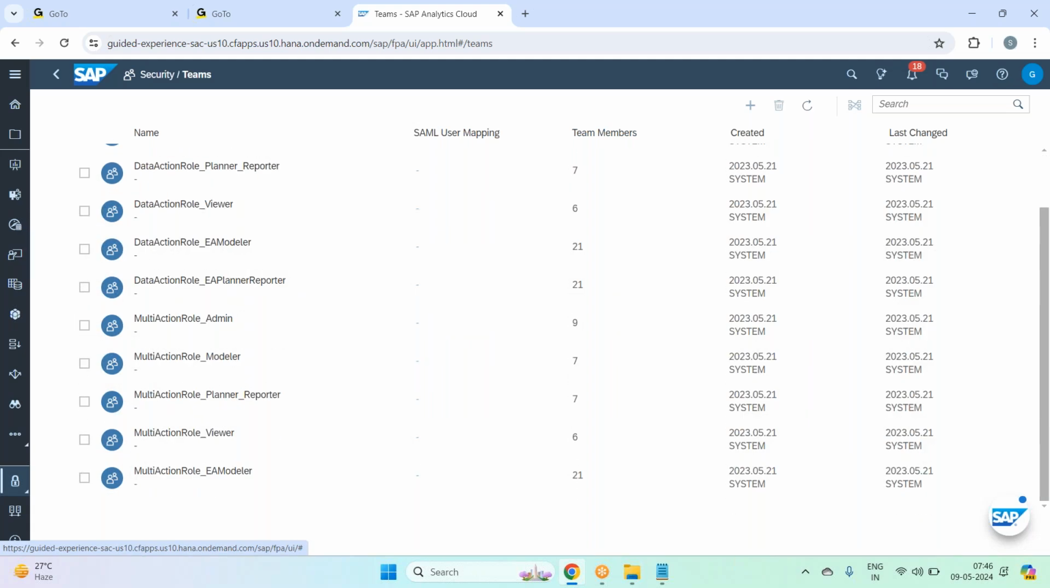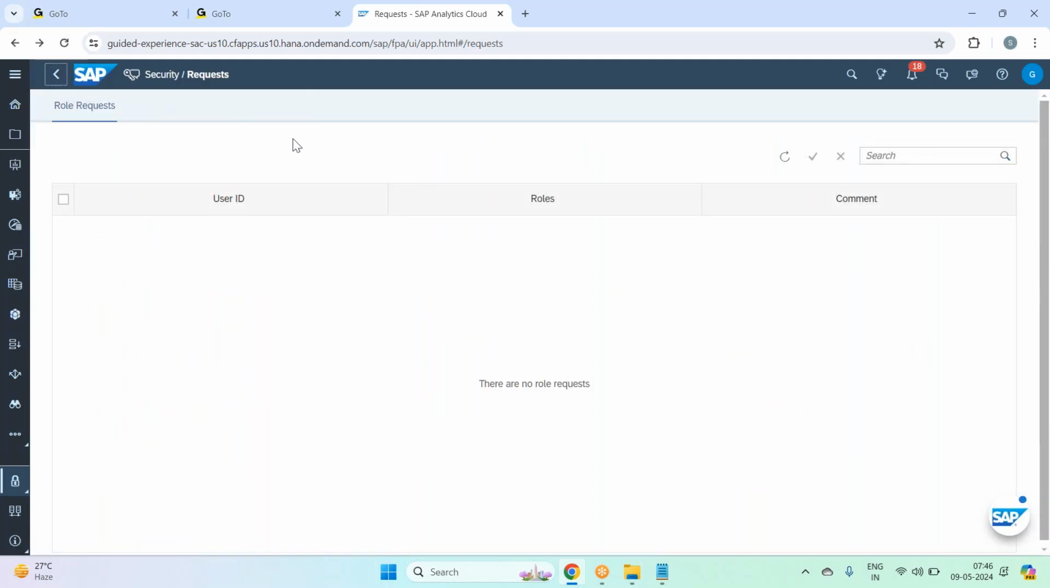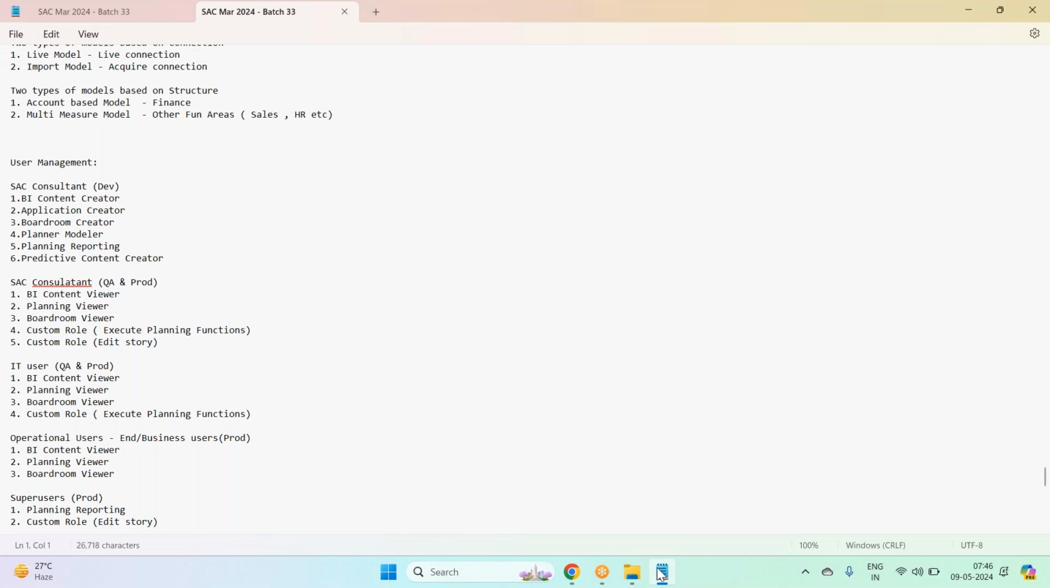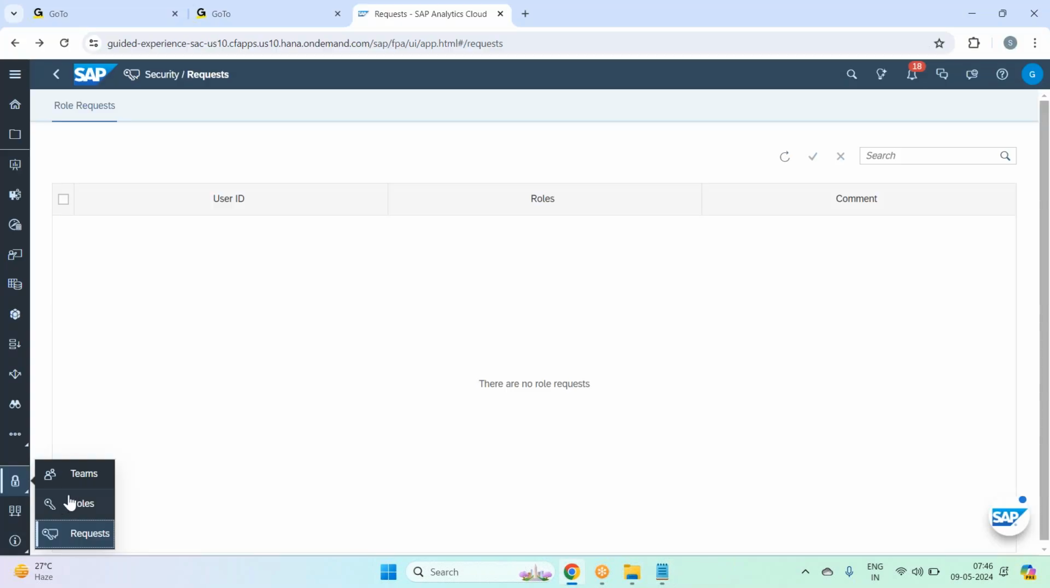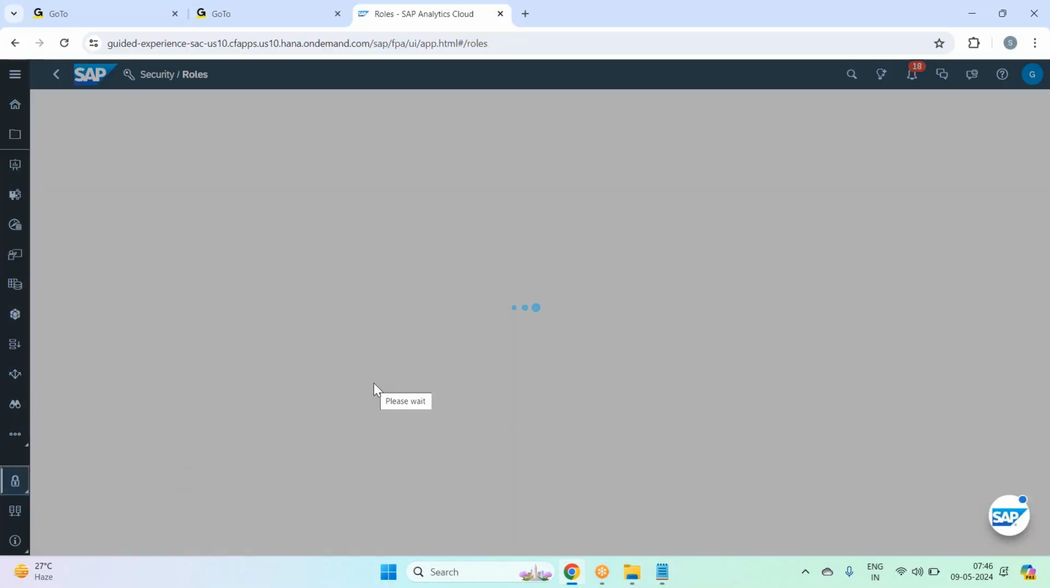So this is how you see it. We combine multiple users and create a team out of it. Then if I go on to the role management, if I go to the roles,